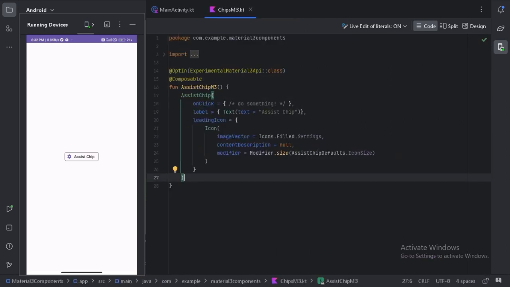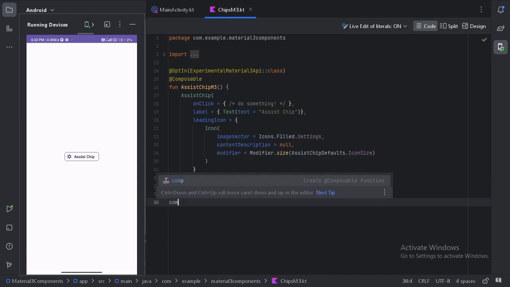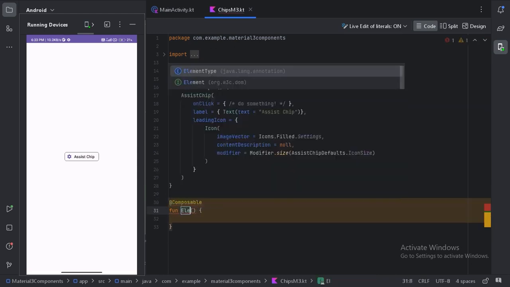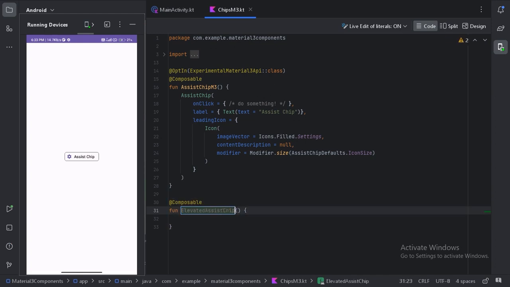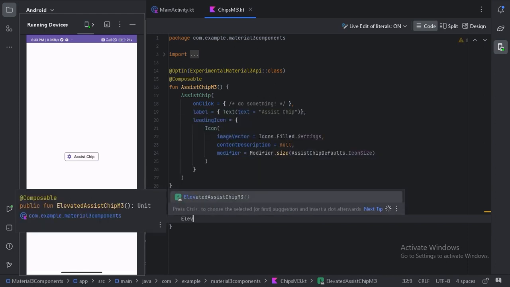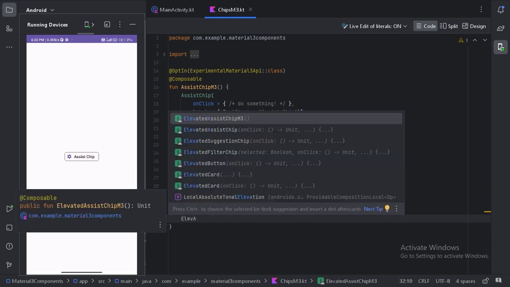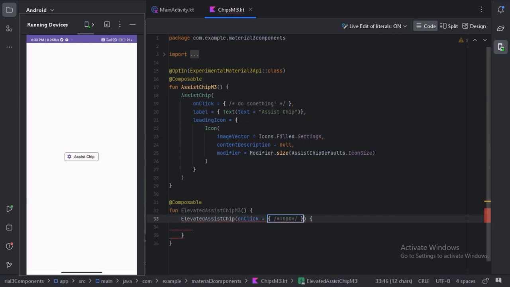So we have another variant of this assist chip. That one is called the elevated assist chip. So first let's create another composable function for that. For this, let's use the composable function ElevatedAssistChip, this one.